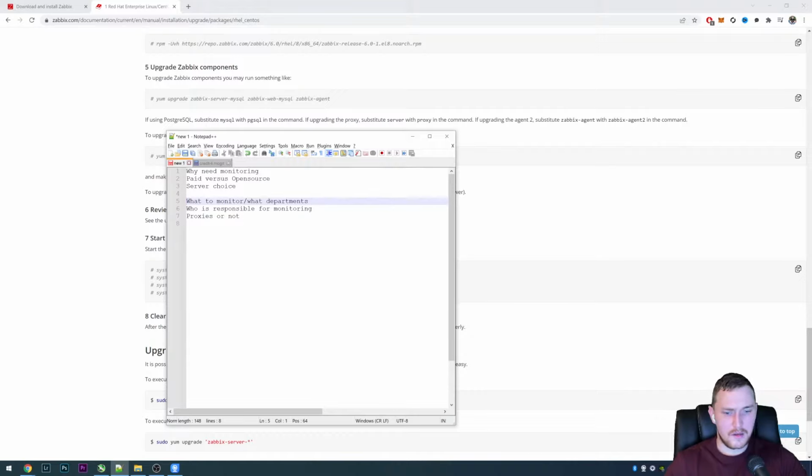So when we start monitoring, we need to decide what we will do. Like, we have 5 computers here. Do we need to monitor them or not? Do we need to monitor those servers or network devices here? Hey, there's some access point that is used only for a public Wi-Fi, should we add it to monitoring or not?